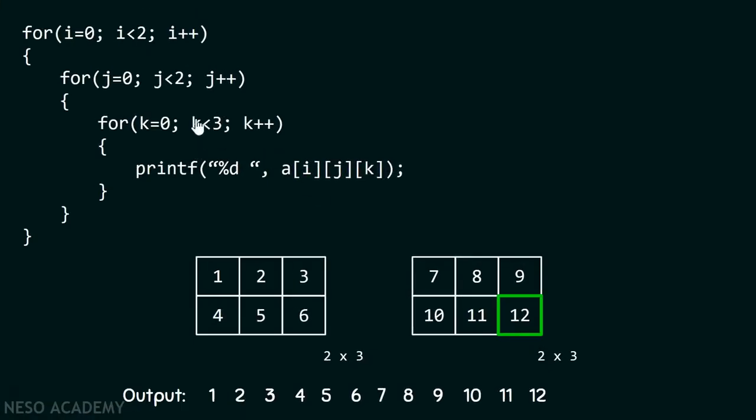After this condition failed, we'll come to this point, j will again get incremented, but 2 is not less than 2, condition is not satisfied. Therefore, we'll come outside of this for loop. And after that, we will increment the value of i. i becomes 2 and again 2 is not less than 2, condition is not satisfied. Therefore, finally, we will come outside of this for loop.